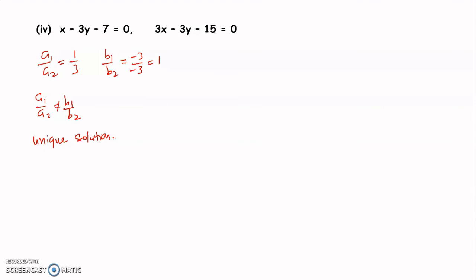Now, to find out the solution by cross multiplication method, we will arrange the coefficients of x, y and the constant term. So that will be for a1, that is 1, minus 3, minus 7, again 1, minus 3. Here also 3, minus 3, minus 15. So 3, minus 3, minus 15. Again we will repeat this 3, minus 3. Now to find out the value of x,